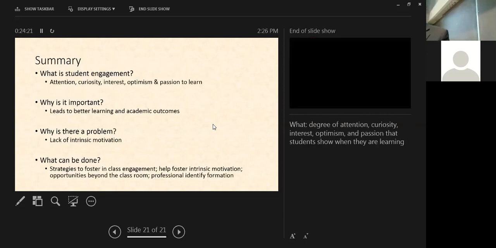So in summary, we saw what student engagement is. It's attention, curiosity, interest, optimism, and of course the passion to learn. Why is it important? Because it leads to better academic performance and outcomes. The main problem is the lack of intrinsic motivation. And what can be done? There's a whole range of in-class activities, management, and curricular planning that can be used to help foster intrinsic motivation,